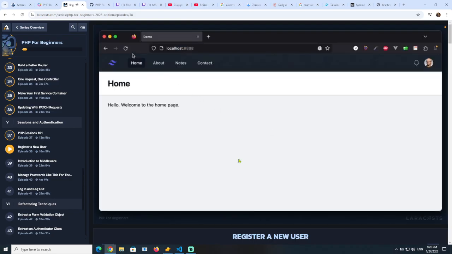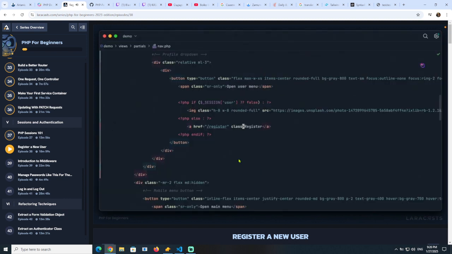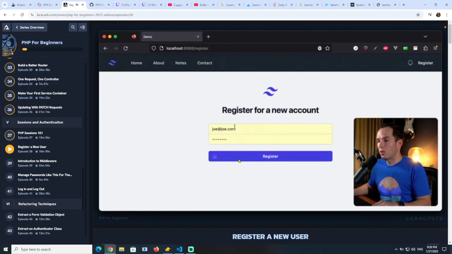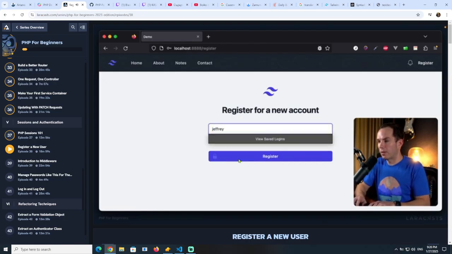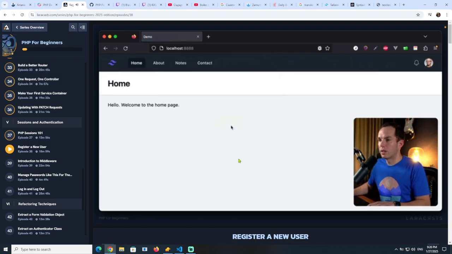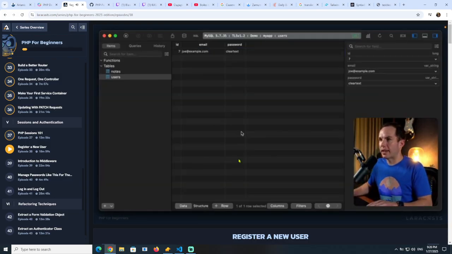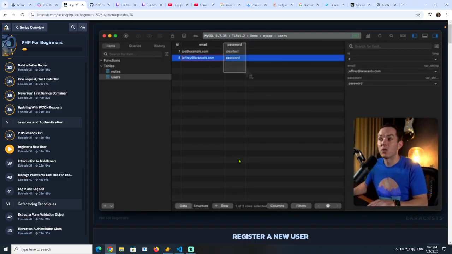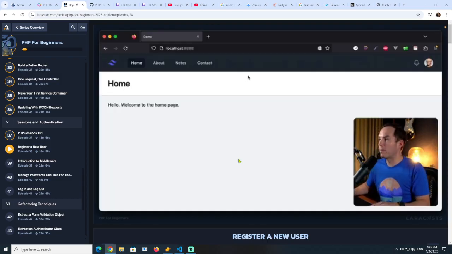All right, so if I switch back and give it a refresh, now we have a register link that's a little hard to see. We'll make it white. And now if we're not signed in, I can click on register. And we can create a new account for myself. Jeffrey@laracast.com, password. That should create a new record within the database. If we switch back, give it a refresh, sure enough, we have an account where, again, the password is stored in clear text, and you don't want to do that, but I promise I'll show you that in a little bit. Okay, but either way, now we can see that we have written to the session